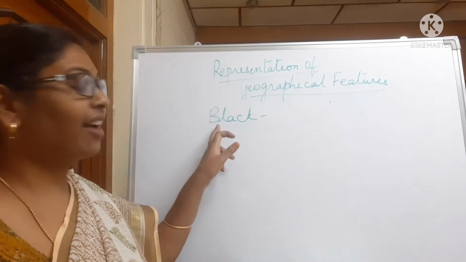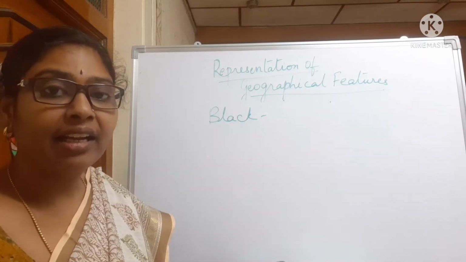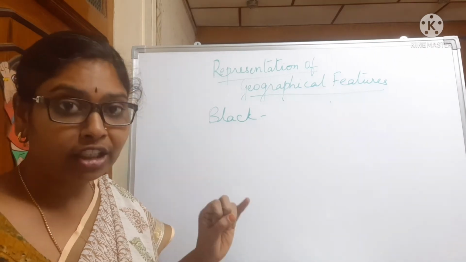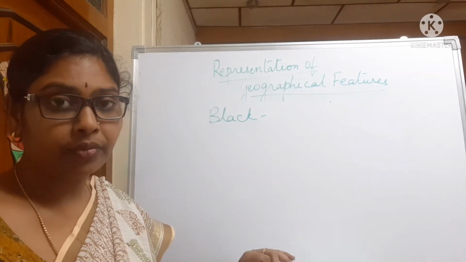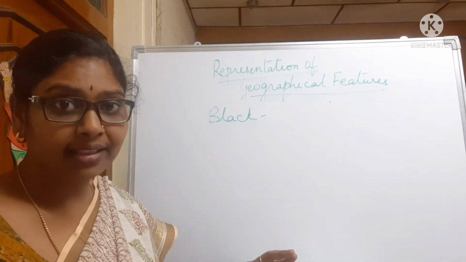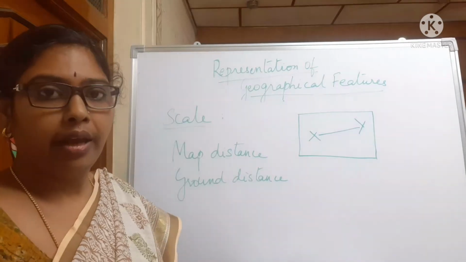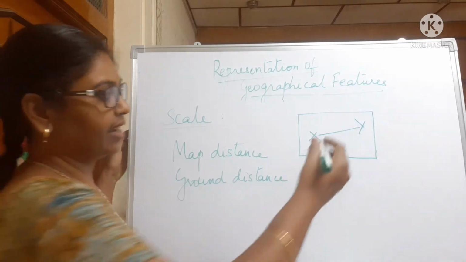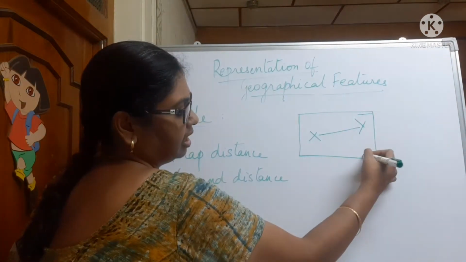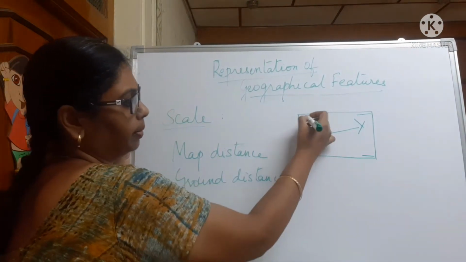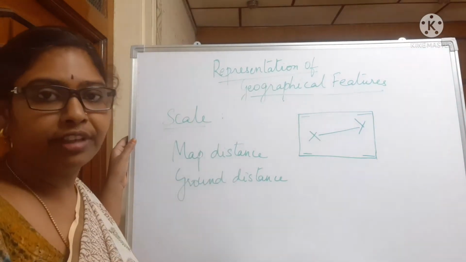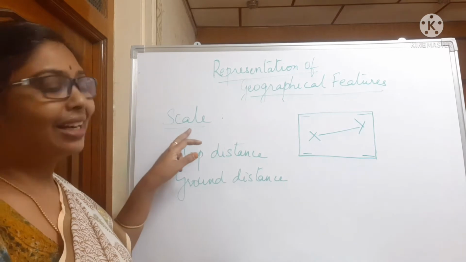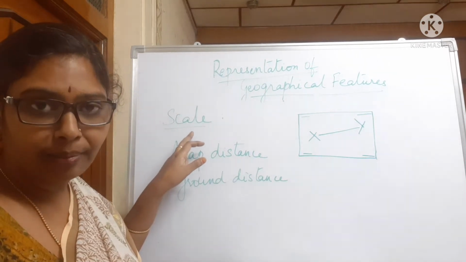And the last one we have is the black color. Black color is used to represent boundaries on the map, longitudes and latitudes, telephone lines, survey trees. Now we come to know the scale of the map. Normally, you must have seen on some corner of the map, something like 1:50,000 or 1:20,000 written. That is nothing but the scale of the map.